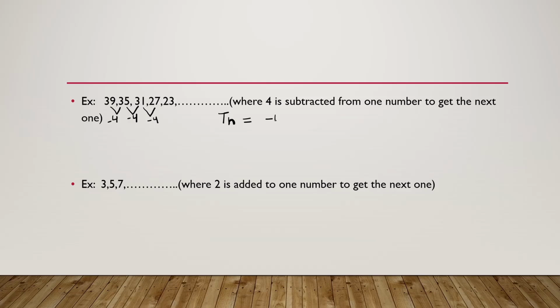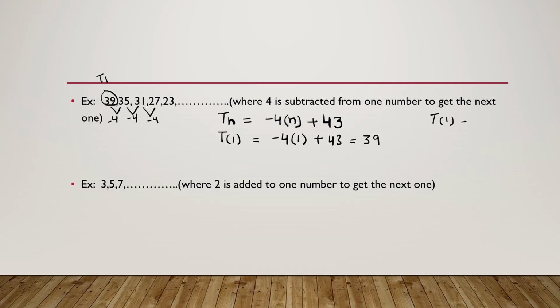So Tn equals minus 4 is the difference. And I have written the nth term here, plus 43. If you minus 4 from 43, you will get the first term, that is T1. Now we will see how we will get the first term. Minus 4 times 1, plus 43. What will it be? If you minus 4 from 43, you will get 39.